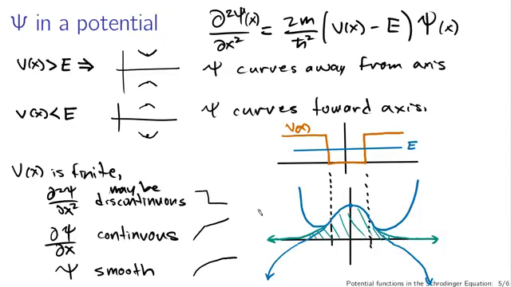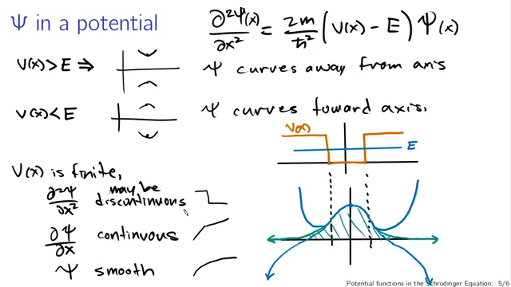But I wanted to introduce the math, or before I introduce the math, I wanted to give you some conceptual framework with which to understand what exactly this potential means. If the potential is larger than the energy, you expect things that curve upwards. And when you get things that curve away from the axis, things tend to blow up unless they just go down and kiss the axis like this. So there will be a lot of things approaching the axis and never leaving, so that we have normalizable wave